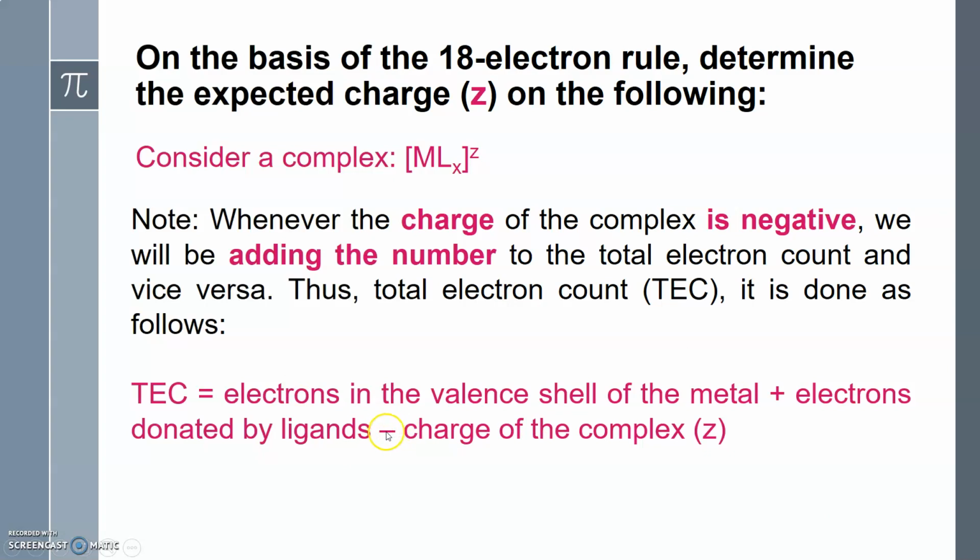You will understand why we are putting the minus here, because this is the reverse case. If Z is negative, then we need to add the electrons. If Z is positive, then we have to subtract the electrons. That is why the minus is put here. So we can solve the problem directly and get the Z value with the sign directly from the formula only when you use minus here. This is the formula that we are going to use throughout.